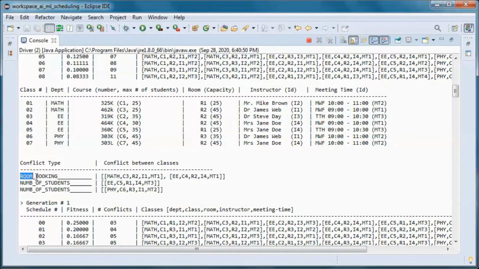So a room booking conflict between those two classes. So they're both booked for meeting time 1 and in room 2. So class 3 and class 4. And we have a number of students conflicts for this class.